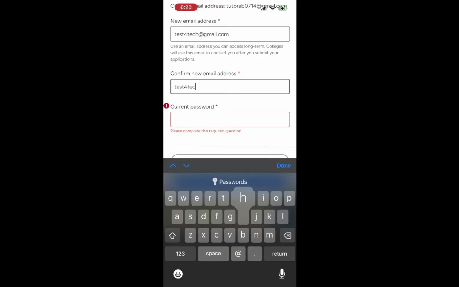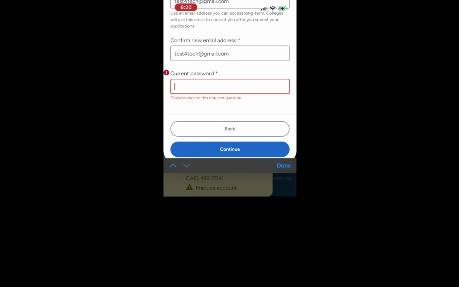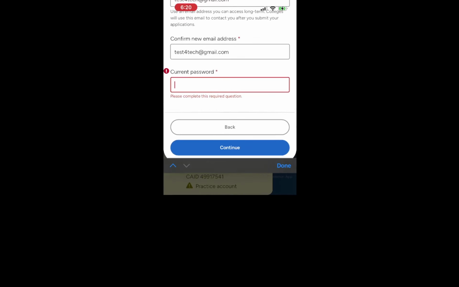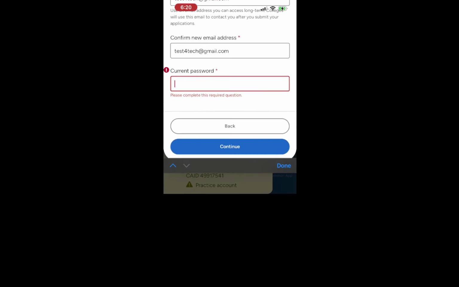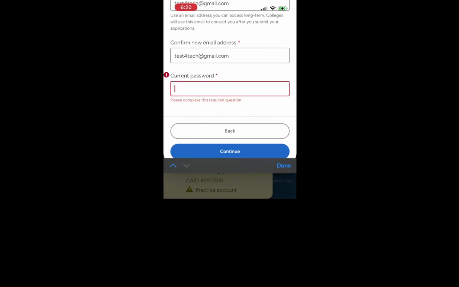With that ready, save your changes. Look for the Save button at the bottom of the screen. Clicking this will ensure that the new email is updated in your account settings. This step makes sure your changes are securely stored. You may see a confirmation message appear, giving you peace of mind that your email has been successfully updated. This little action saves you a lot of time later by ensuring that all future correspondence is sent to the right place.